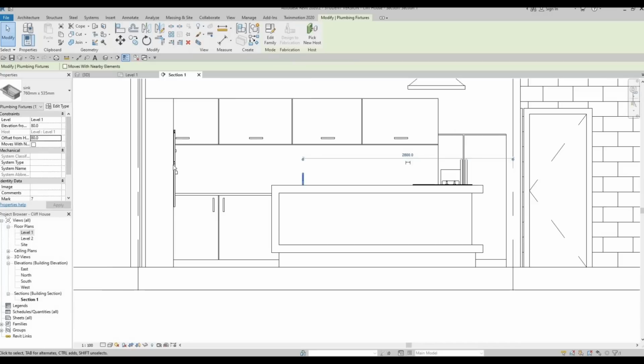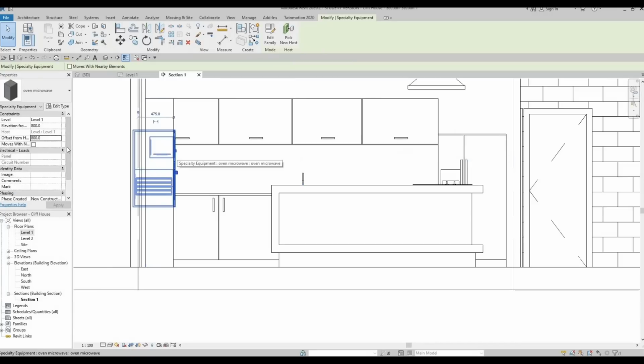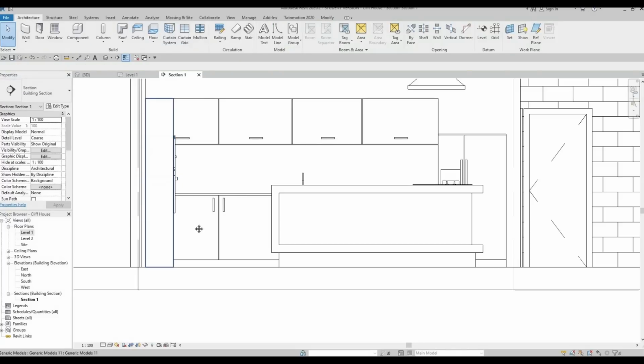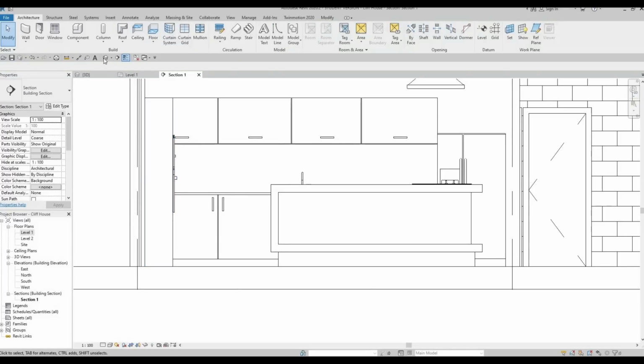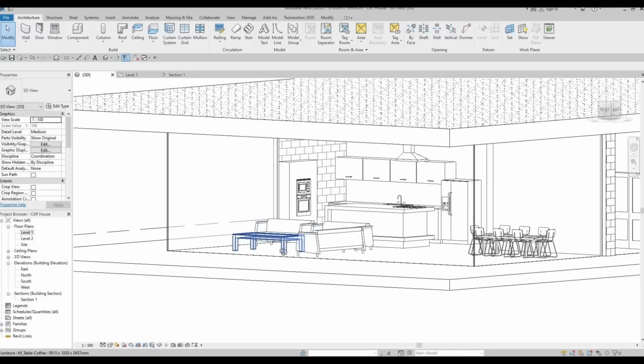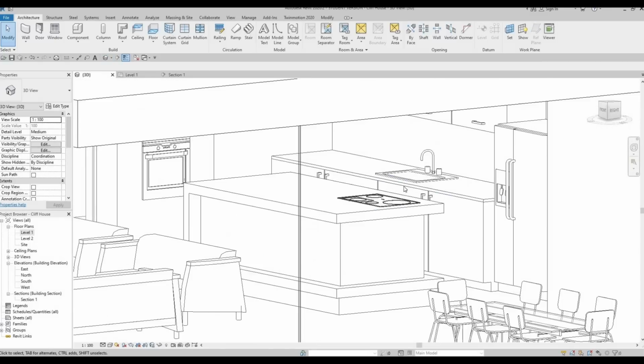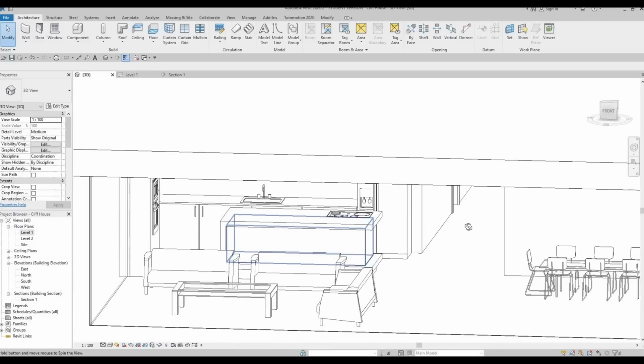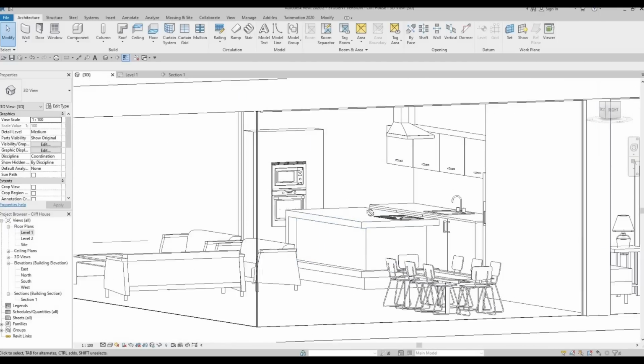Okay, and then like that. That's good enough. And let's look at it at 3D. And as you can see, I was able to estimate everything in height,